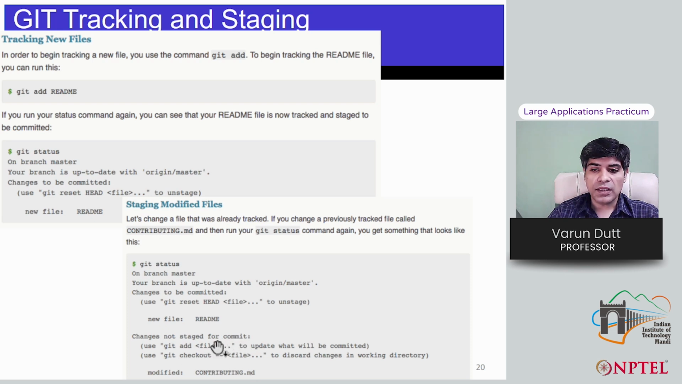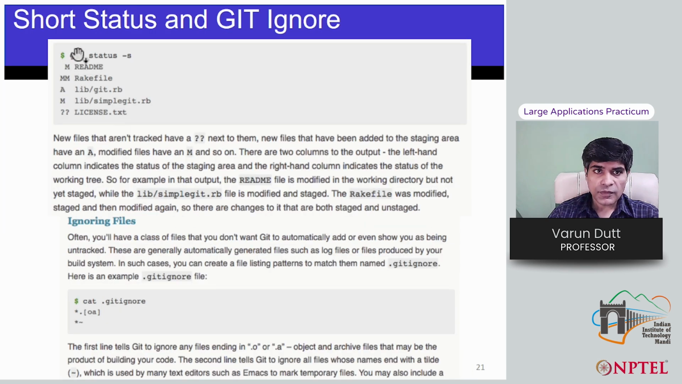which is actually saying that you can either add it to the staging area by doing git add, or you can git checkout and the name of the file to discard the changes in the working directory. So all the changes you have done will be discarded, and the older version of the contributing.md will be overwritten on top of it. So the git status -s command will give you some more compact status, for example, it